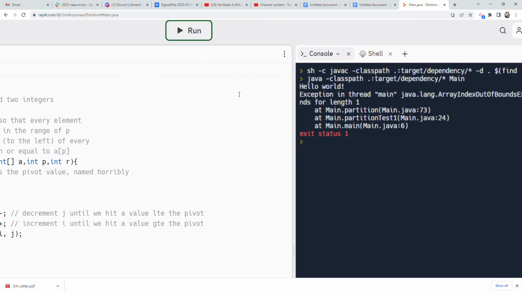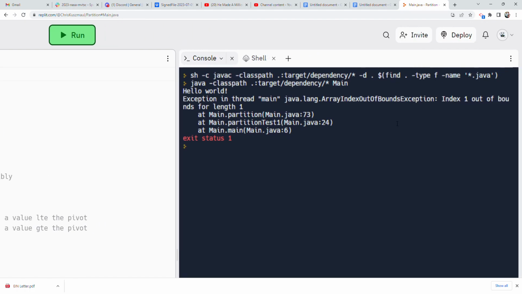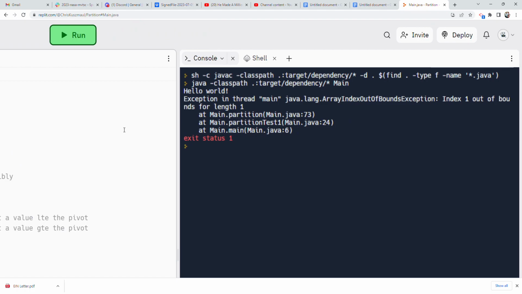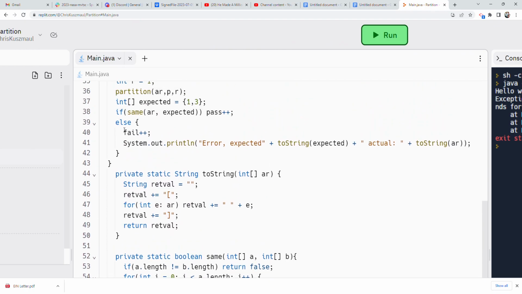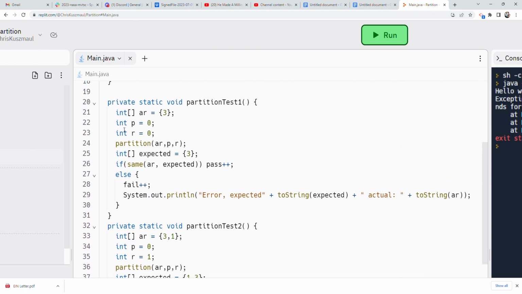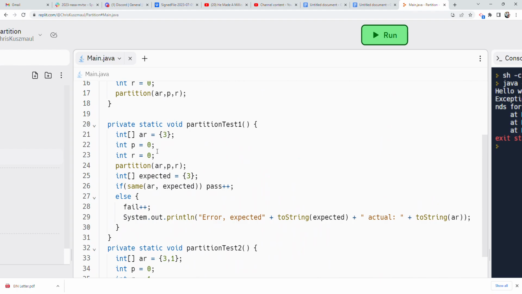So it has an exception. It gets the old index out of bounds, index 1 out of bounds for length 1 in partition test 1. Okay. Oh, that's because in partition test 1 we have an array of size 1, and so it's not happy with an array of size 1 when p is 0 and r is 0. Interesting